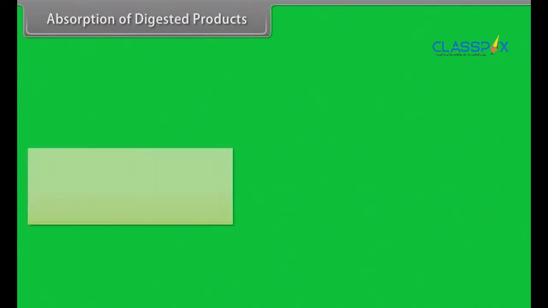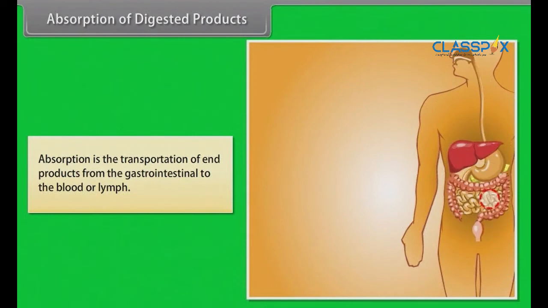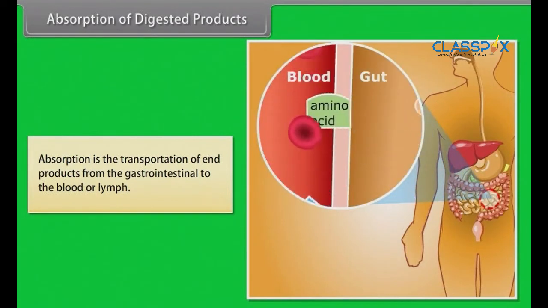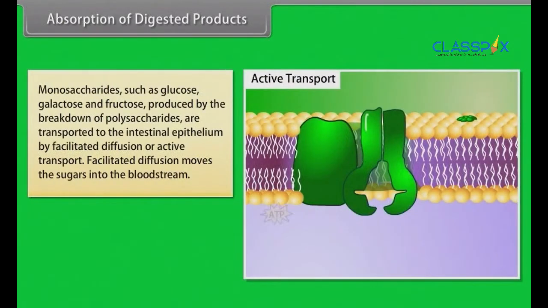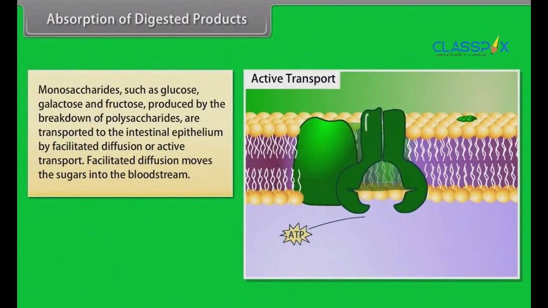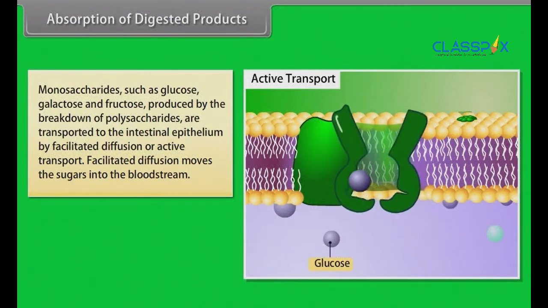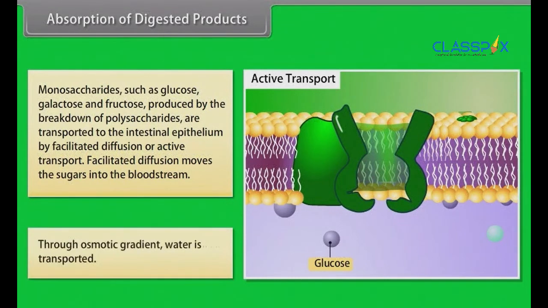Absorption of digested products. Absorption is the transportation of end products from the gastrointestinal tract to the blood or lymph. Monosaccharides such as glucose, galactose and fructose, produced by the breakdown of polysaccharides, are transported to the intestinal epithelium by facilitated diffusion or active transport. Facilitated diffusion moves the sugars into the bloodstream. Through an osmotic gradient,